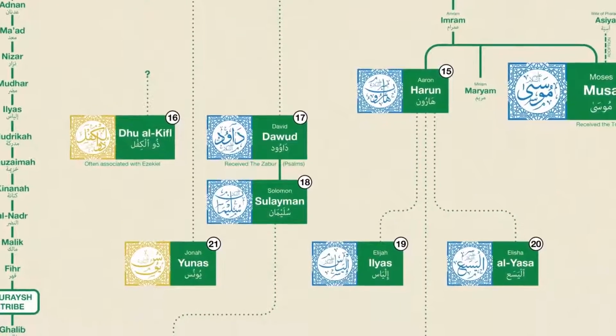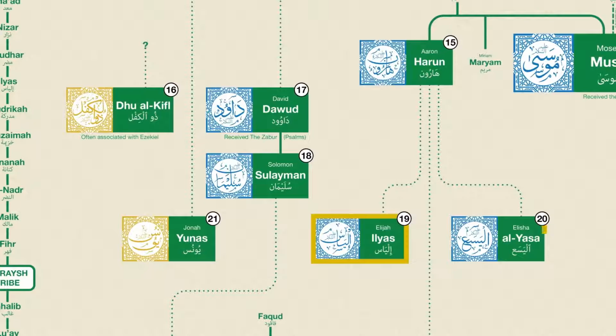Next up comes the prophet Ilyas and his successor Ilyasa, both of whom are thought in Islamic tradition to be descendants of Harun, and who correspond to the biblical Elijah and Elisha. Like in the Bible, in Islam, Ilyas is said to have prophesied during the reign of an Israelite king named Ahab. If you watched my series on biblical genealogy, you'll know that Ahab is important in that he is one of the earliest characters in the Bible, and thus in Islamic tradition as well, for which we have indisputable evidence in the archaeological record.